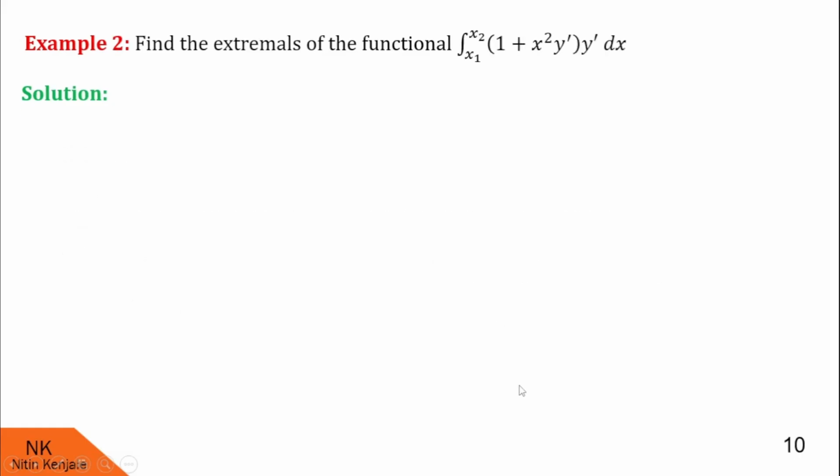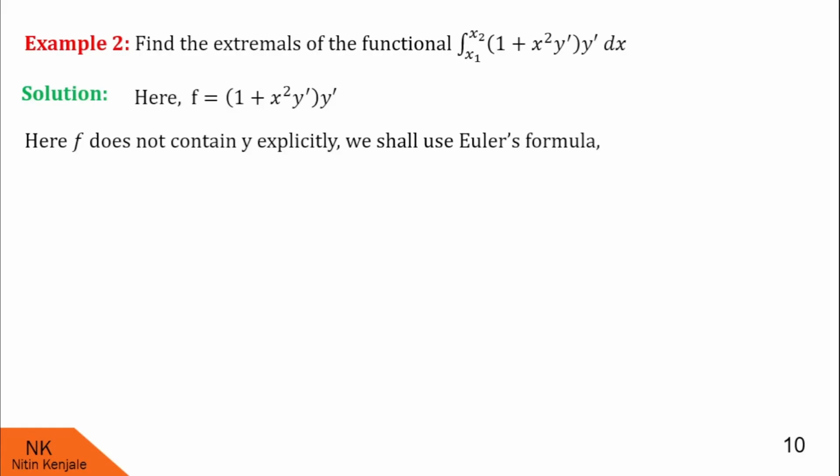Here we are asked to find the extremal of the functional integral of 1 plus x square y dash into y dash dx over the limits x1 to x2. Here small f, that is integrand, is 1 plus x square y dash into y dash. Here also f does not contain y explicitly. So we shall use Euler's formula which says ∂f/∂y dash is constant. Substituting this f over here and differentiating it with respect to y dash, we get